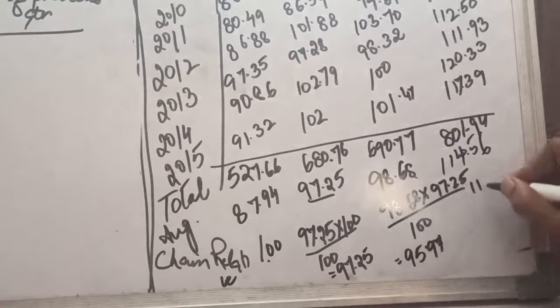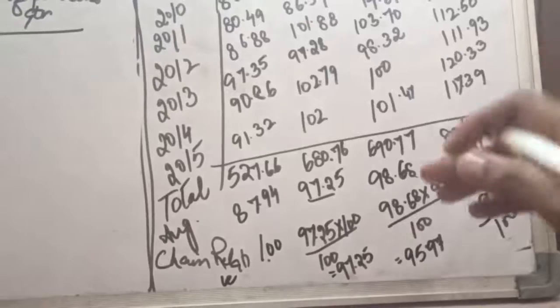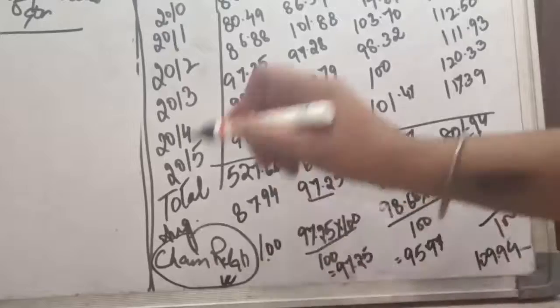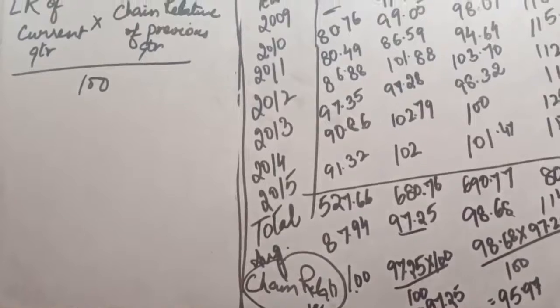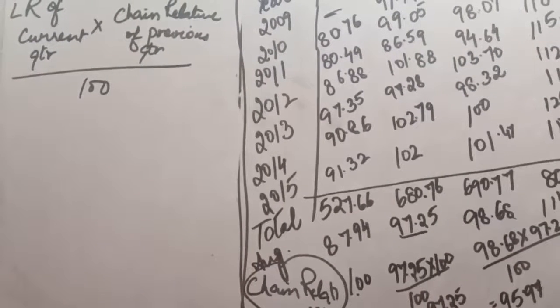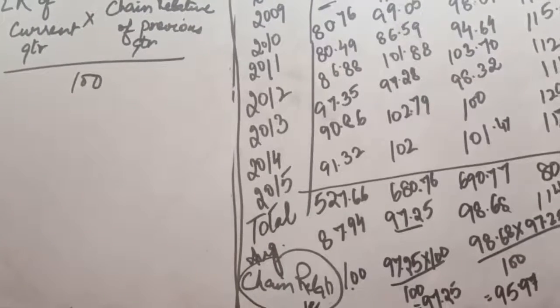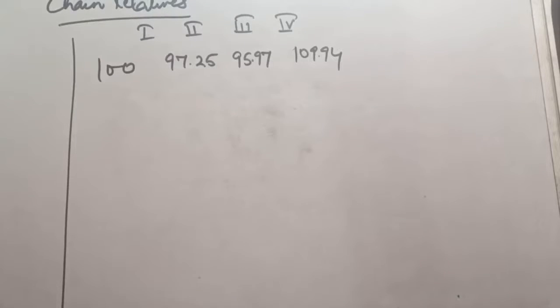Similarly for the last, it will be 114.56, that is the current quarter's link relative multiplied by the previous quarter's chain relative 95.97, divided by 100. So this will be 109.94. So like this we will calculate the chain relative by applying the formula that we have already seen in the introduction slide, that we take the link relative of the current quarter multiplied by the chain relative of the previous quarter. Like this we will be calculating the values of our chain relatives. So these were the chain relatives that we got: